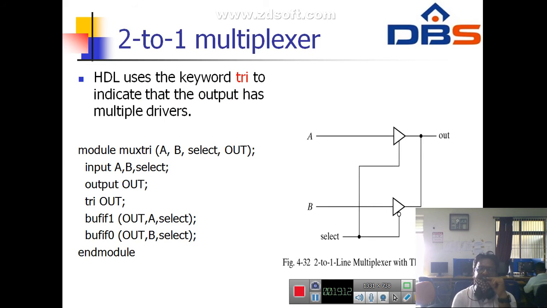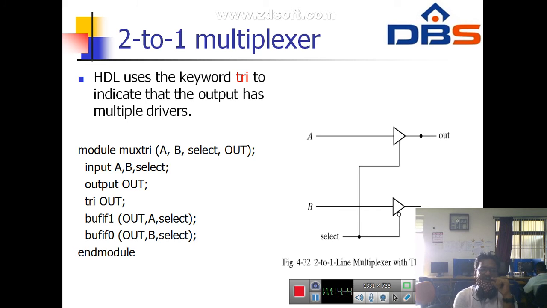By using tri-state or 3-state devices, we write a simple 2 to 1 multiplexer coding. In this case the hardware description language uses the keyword tri to indicate that the output has multiple drivers. So that is module multiplexer_tri(a, b, select, out).